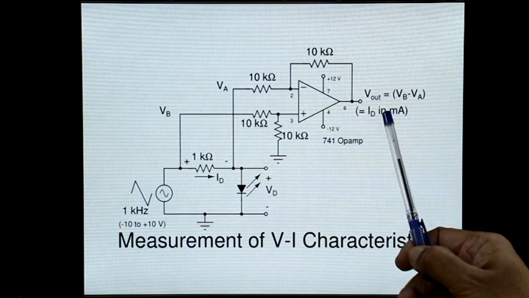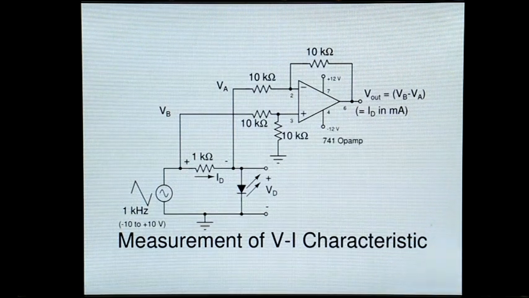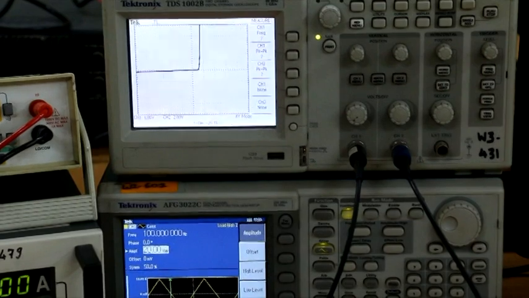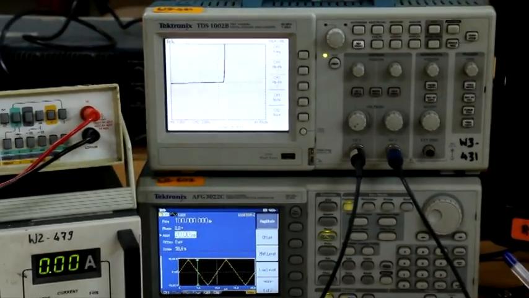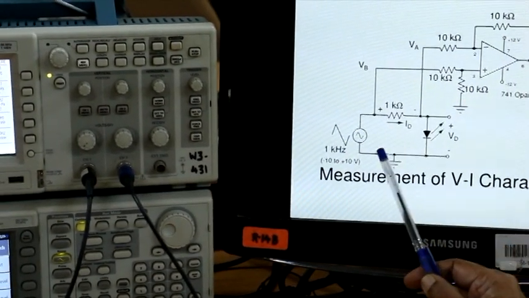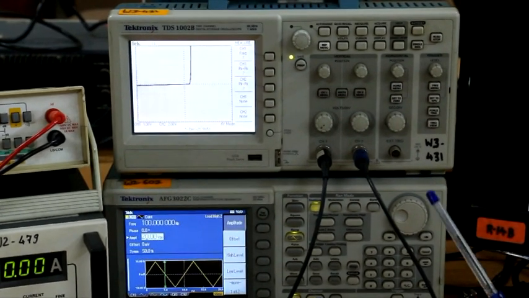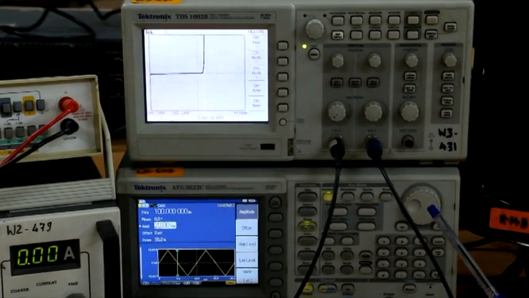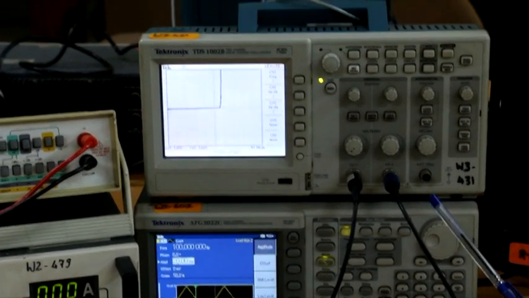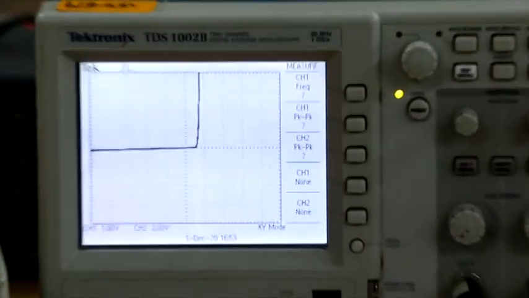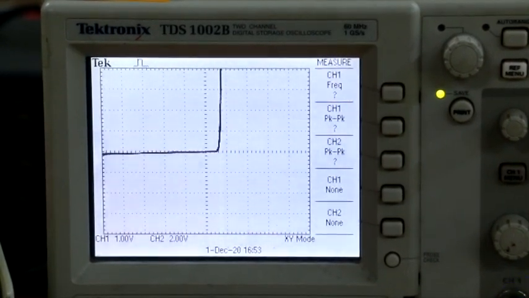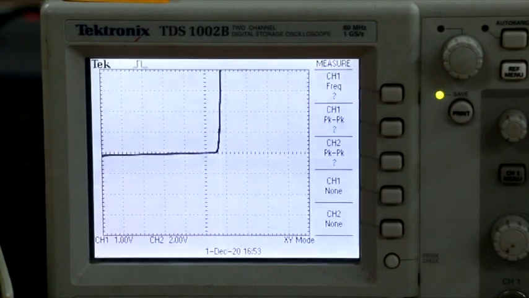So now coming to the oscilloscope, the DSO, what we have done here is this. For plotting the VI characteristics, on the x-axis you need the voltage. So the voltage which is appearing across the diode versus the current flowing through it is what is plotted here. To do this, the XY mode of the DSO is used, where channel 1 will be the X, which in our case is the voltage across the diode, and channel 2 will be the Y-axis, and in our case that is current.